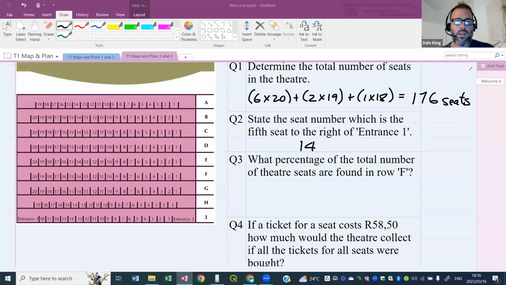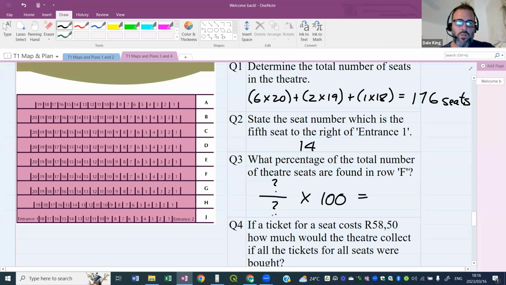Let's have a look. Okay, so percentage is a fraction. We need a fraction with something in the numerator, something in the denominator, and then we're going to times it by 100 to get a percentage. We just need to fill in the fraction. So they want to know what percentage of the total number of theater seats, so the total is 176. What percentage of the total is in row F? Well, how many in row F? We can see there are 20 in row F. So we'll put 20 here at the top